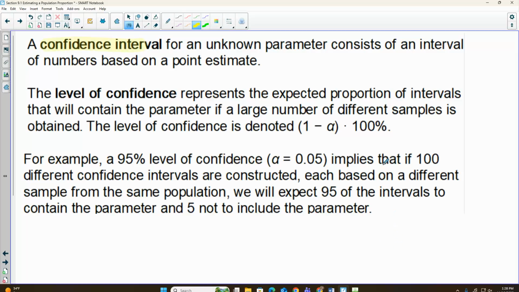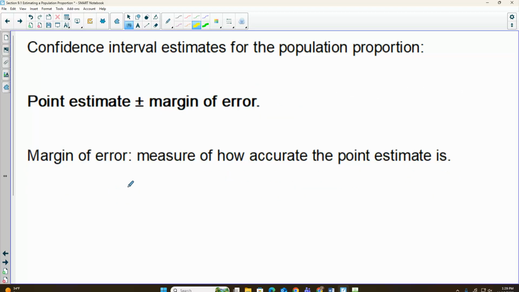So our level of confidence is how confident we are. It will be a percent, less than 100%, so 90% confident, 80% confident, 99% confident. So how that works, a 95% level of confidence says that if I were to make 100 different confidence intervals from different samples, so if I took 100 different samples and found my confidence intervals, 95% of them would contain the true value. Okay, so it's how accurate is our data.